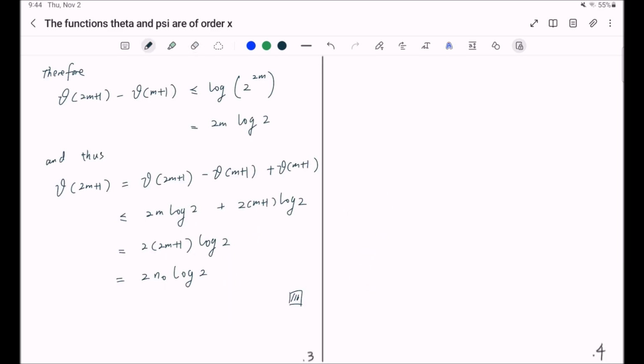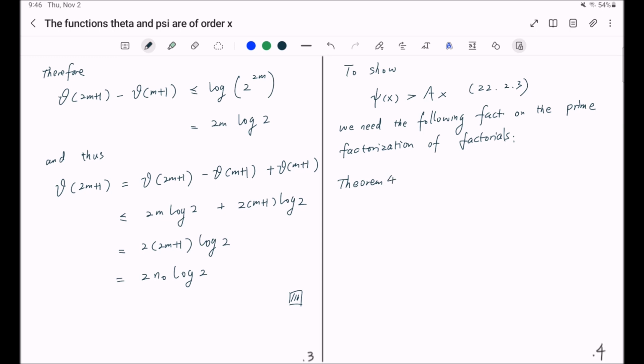What we just established is the upper bound for theta of x. Now to prove the other inequality, namely, psi of x is bigger than some constant multiple of x, we need the following fact on the prime factorization of factorials. Which is the decomposition of n factorial into the product of powers of primes, where each exponent j of n,